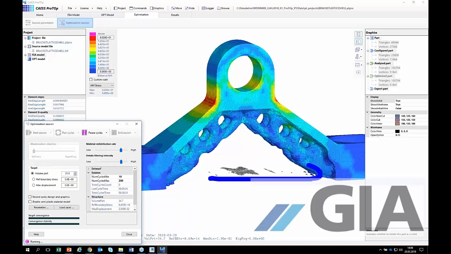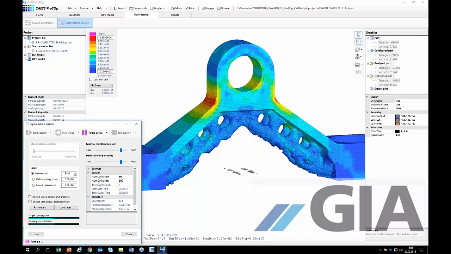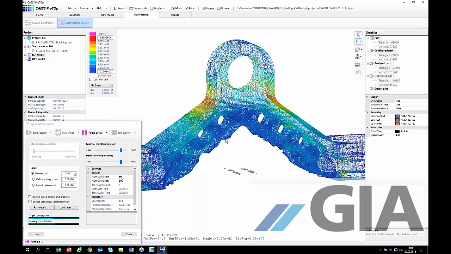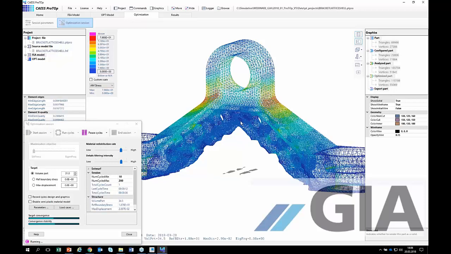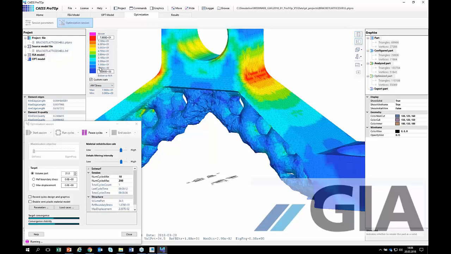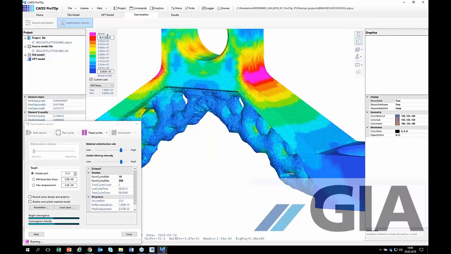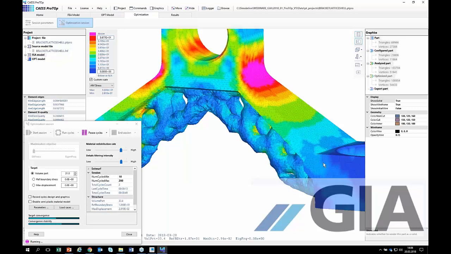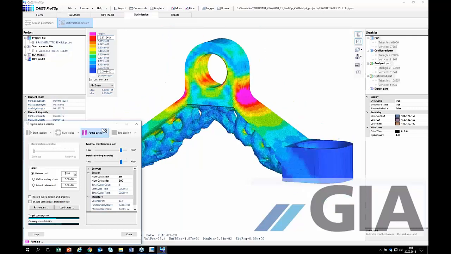So ProTOp is now taking out also those stupid elements there, and it's doing, with a very dense mesh, a nice stress calculation. So I'm changing here the values for my stresses, and I let ProTOp